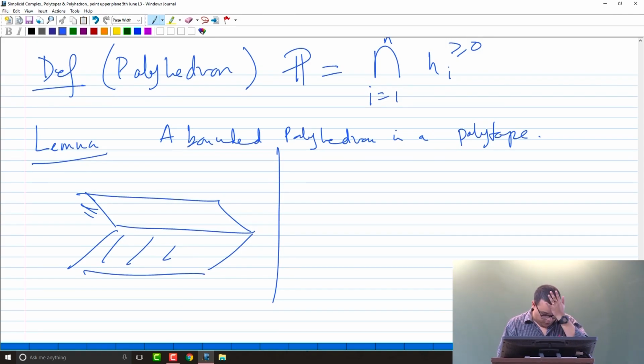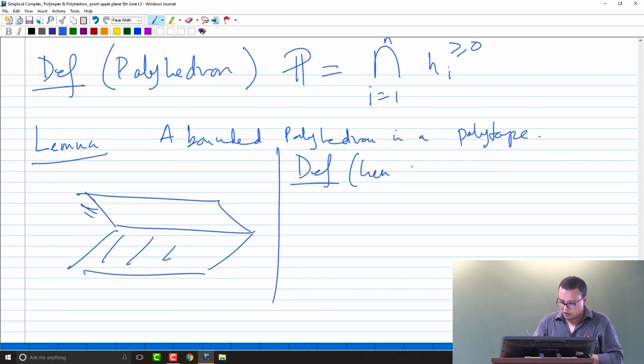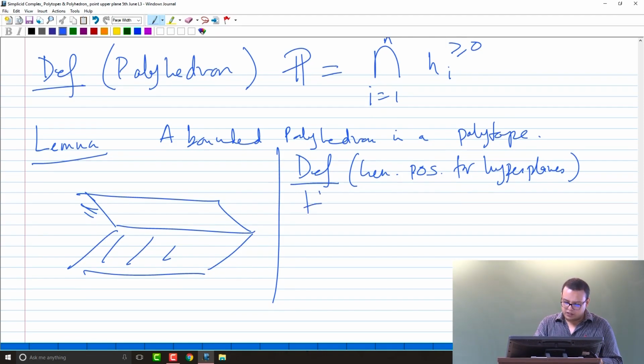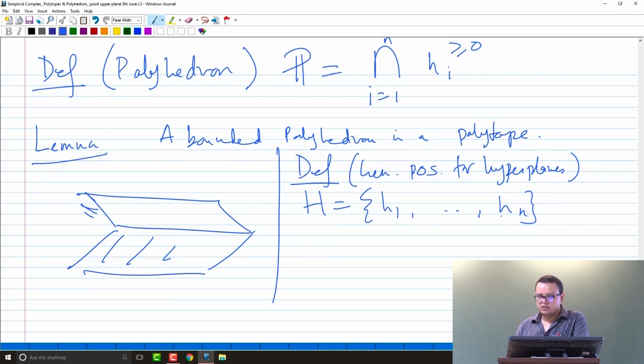I want to state one more result that we will be using tomorrow. So, let me define what is general position for hyperplanes. The way we have general position for points in R^d, you can have a definition of general position for a family of hyperplanes also. Let us say you have a family H of hyperplanes H1 to Hn. They will be in general position if